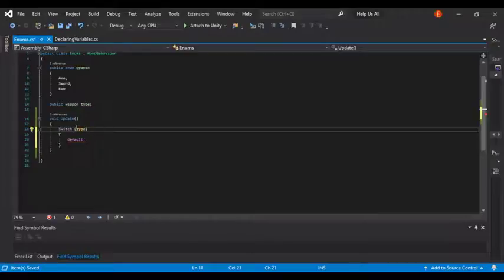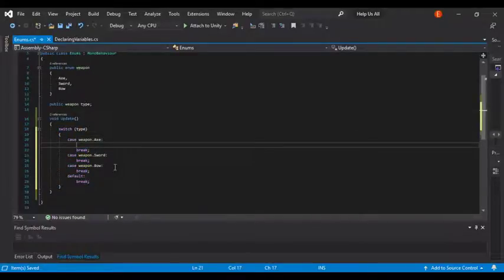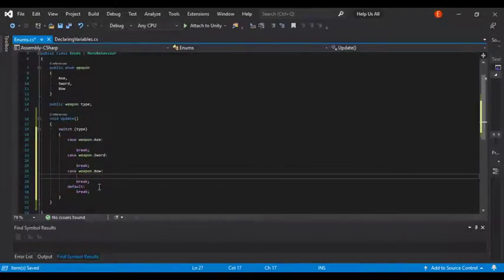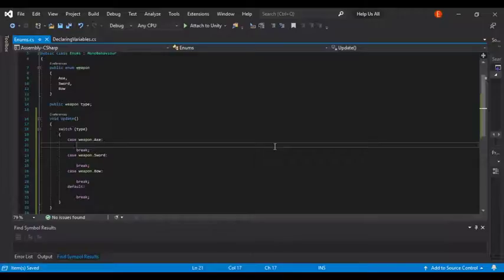Then enter, and then you click on the first curly bracket after the word switch, and then it will fill all the values inside of the enum weapon. Then add a space between all of these so it's easier and looks more neat.